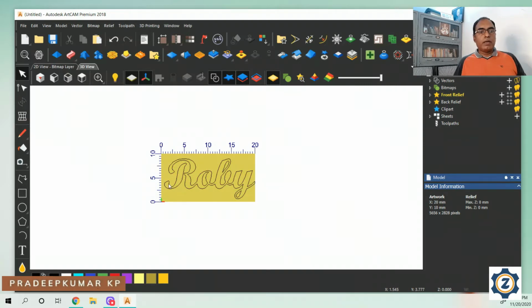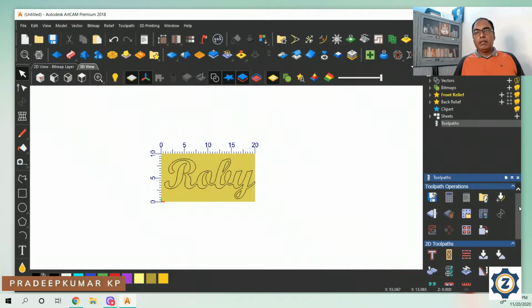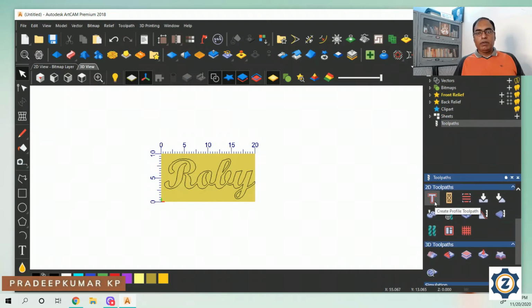After finishing this, now you want to cut this and take out the letters. In that case we have to go for toolpath. Here also toolpath is there. You can click it, and you can see this is the profile toolpath, the create toolpath profile. I hope that these curves and vectors are fine.